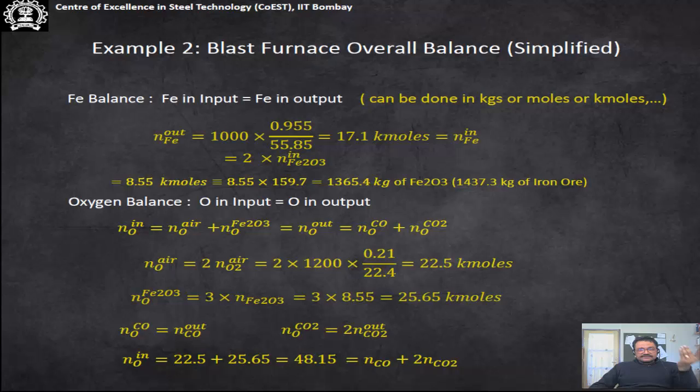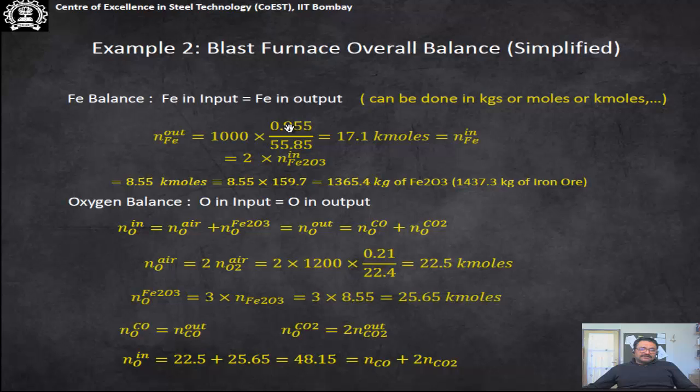As far as the output is concerned, all the iron from the input goes to the metal, because in a blast furnace the reducing conditions are so high that all the iron oxide gets converted into iron and almost nothing goes to the slag. So if that is the case, we are talking about 1 ton of hot metal, and it contains 4.5% carbon, so the rest is iron. So this is the amount of iron